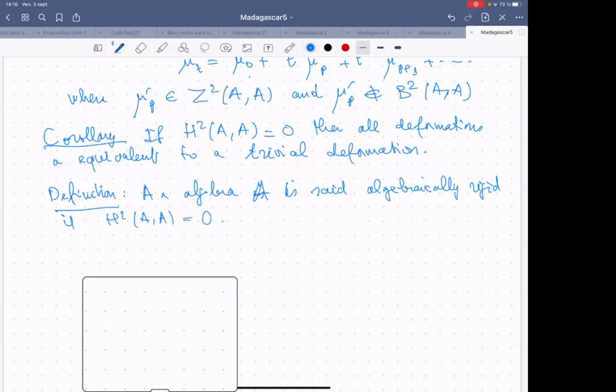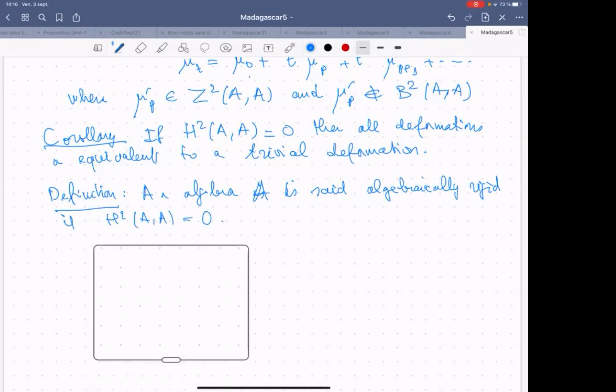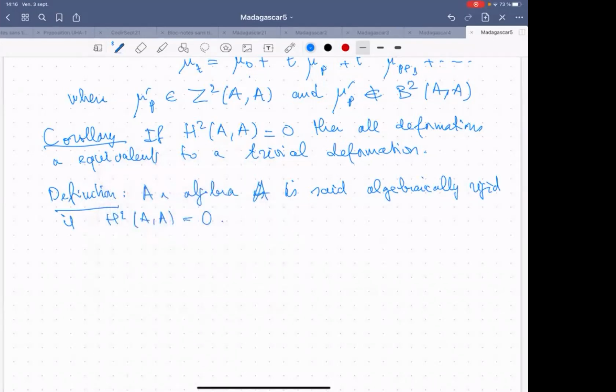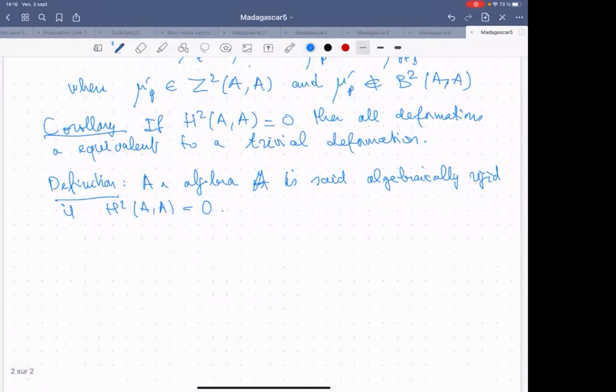And for talking about other concepts of rigidity, I have to say some words about the structure of the algebraic variety of the class of algebras for a given dimension. And now let me just say a few words about this algebraic variety